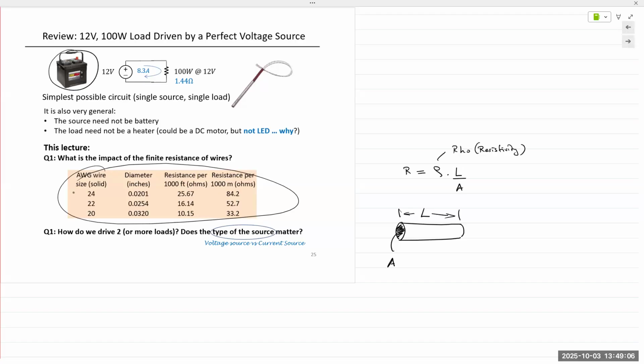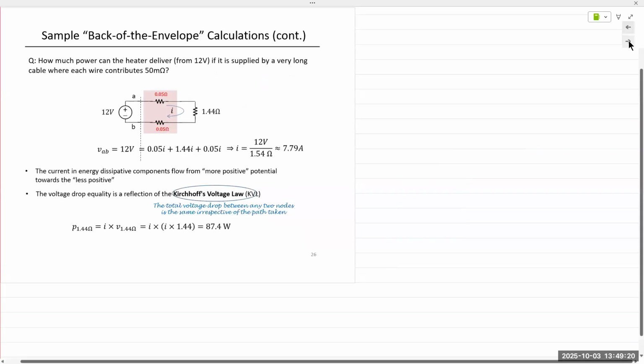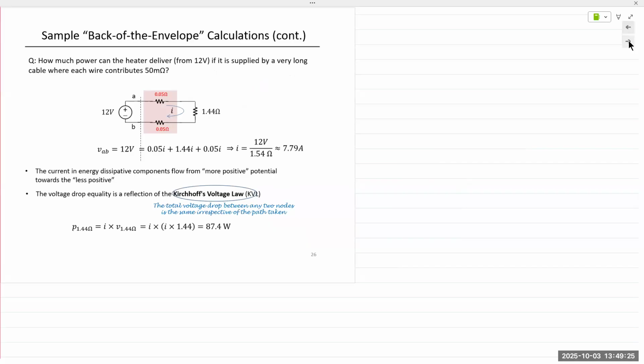Oh, by the way, these gauge sizes: the lower the gauge, the thicker the wire. Just a practical consideration. The higher the gauge, the thinner the wire. Okay, so we looked at this problem